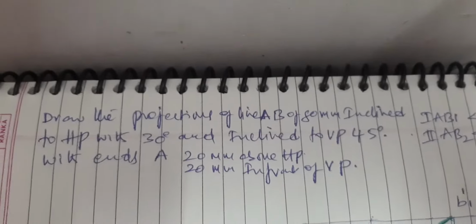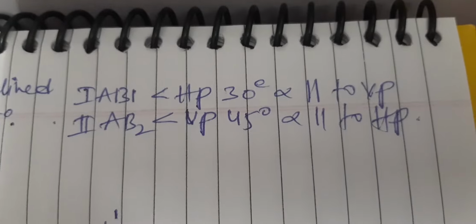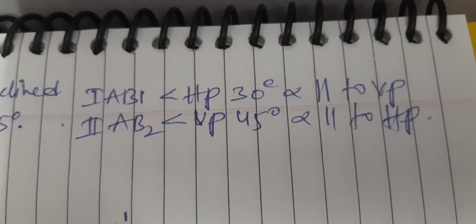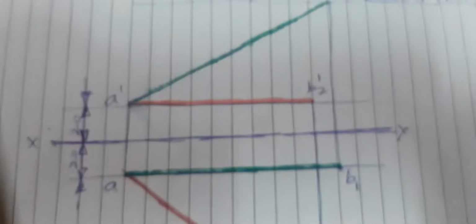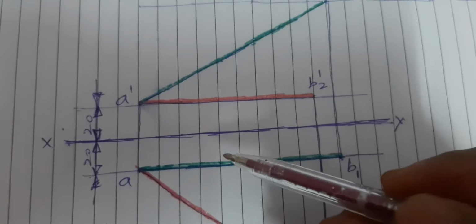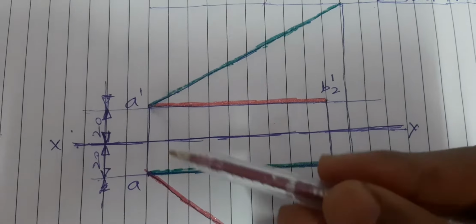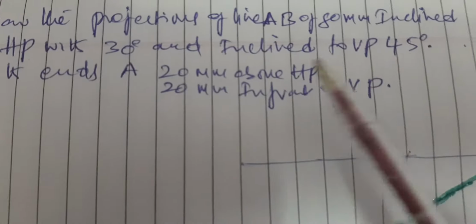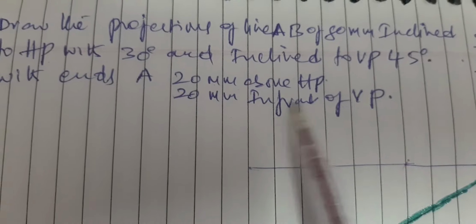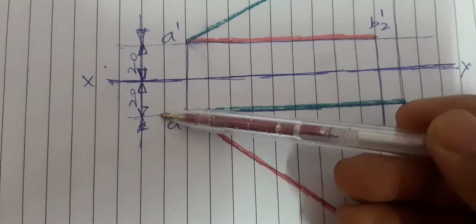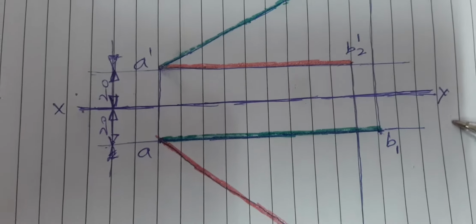So we all know how to draw the projections for fourth condition and fifth condition. First, concentrate on the first assumption. Line is inclined to HP with 30 and parallel to VP and is named as AB1, right? So first draw one reference line, and after that above the reference line draw one thin line like this at 20 mm as it is given. End A is 20 mm above HP and 20 mm in front of VP. And next, below reference line one more thin line at 20 mm difference.